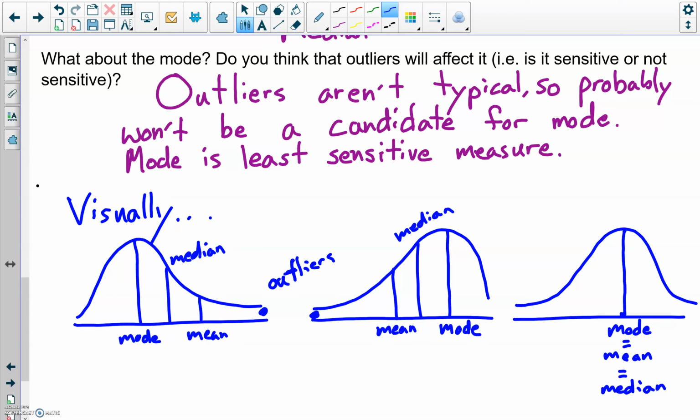So think about that. Then the mode doesn't move hardly from the peak, or doesn't move at all from the peak. The median is right in between the two, just as it always is. And then in the symmetric one, mean, median, mode, all in the center every single time. So these visuals are good to know, and I'll see you, quote unquote,